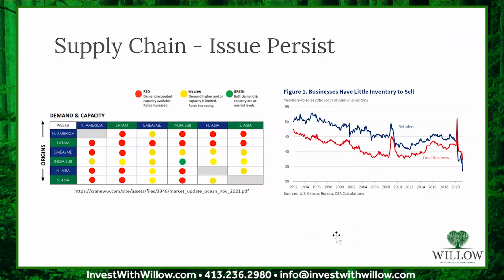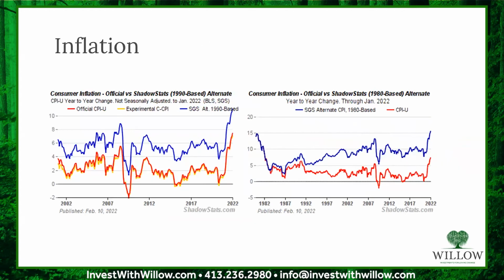Supply chain, Paul and I pointed this out last month. He's actually on vacation these next 3 days. We pointed this out last month. You can see that inventory continues to be an issue. You do see that there's really been no significant reprieve for the chips that go into the cars. That's still a definite issue. Inflation, again,